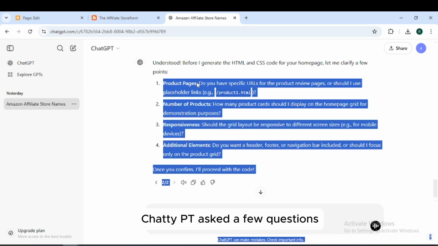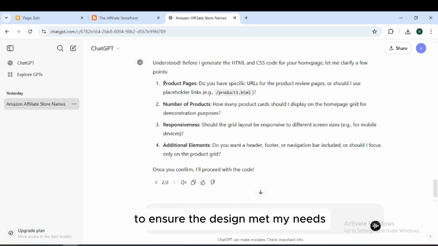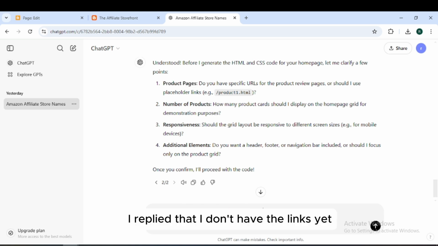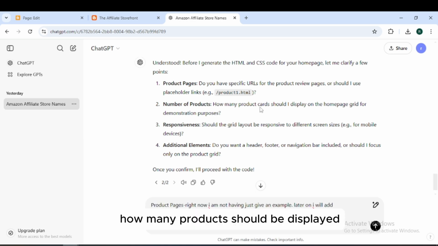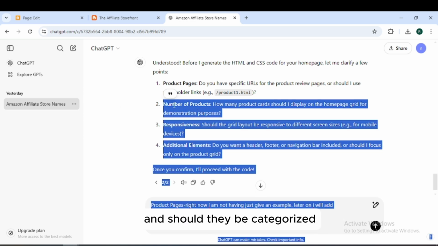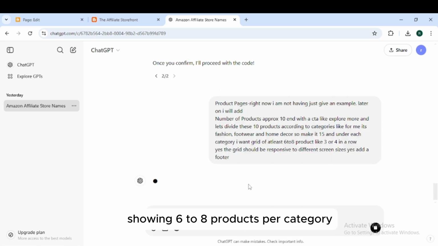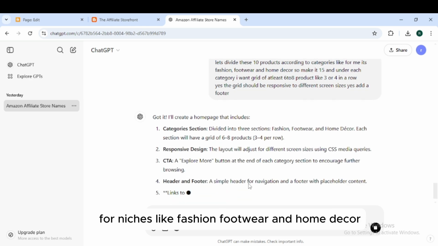ChatGPT asked a few questions to ensure the design met my needs. Do you have links for the product pages? I replied that I don't have the links yet, but just need an example for now. How many products should be displayed, and should they be categorized? I requested categories with a grid layout, showing 6 to 8 products per category for niches like fashion, footwear, and